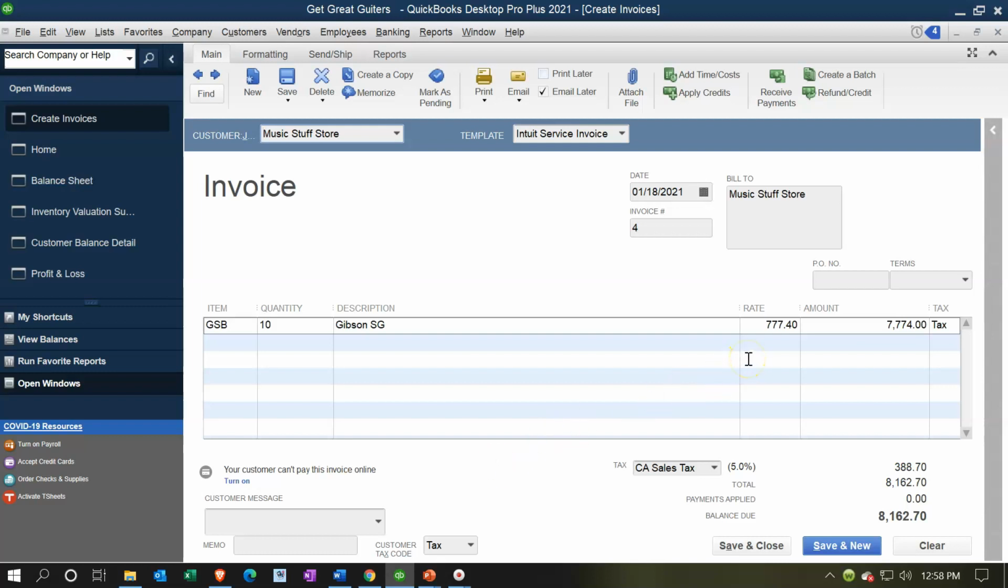Once again, it picked up the sales price, not the cost, which is really nice. And what's this going to do for us? Once again, it's an invoice. It's going to increase the accounts receivable. The other side's going to be increasing sales, but it's going to increase sales for the sales price, which was the $7,774, and the difference between the accounts receivable and sales, that's going to be going up to the payable of